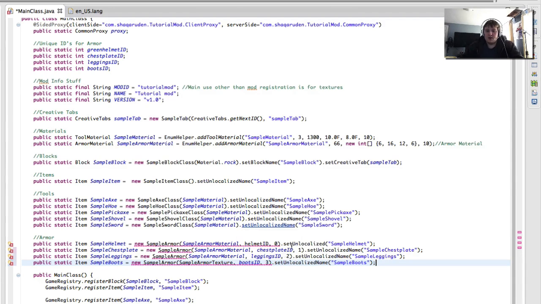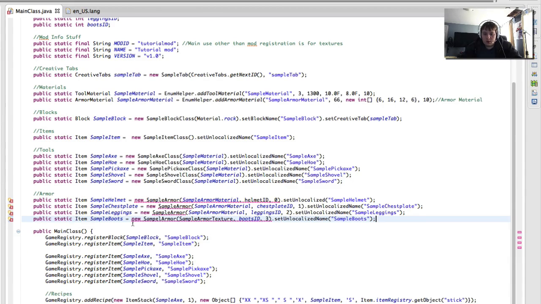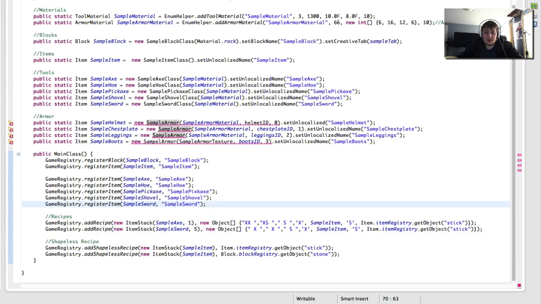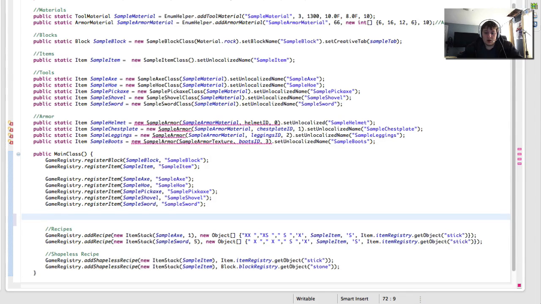Okay, fantastic. So before we go and handle this thing right here, we're going to handle registering our blocks and creating names for our blocks and things like that, and crafting recipes. So let's go into here. So below our game registry .register item stuff for our items, we're going to get lots of emails. Holy shit! So we're going to go game registry